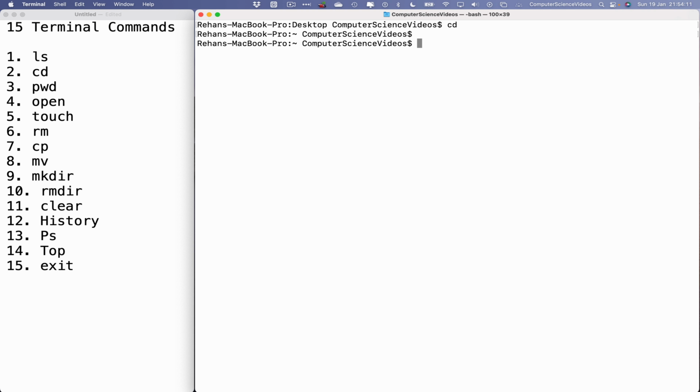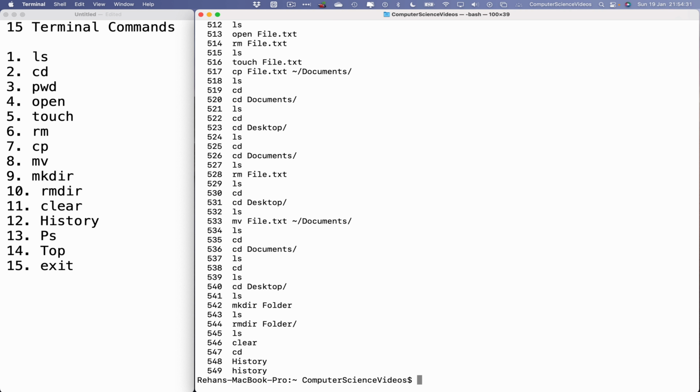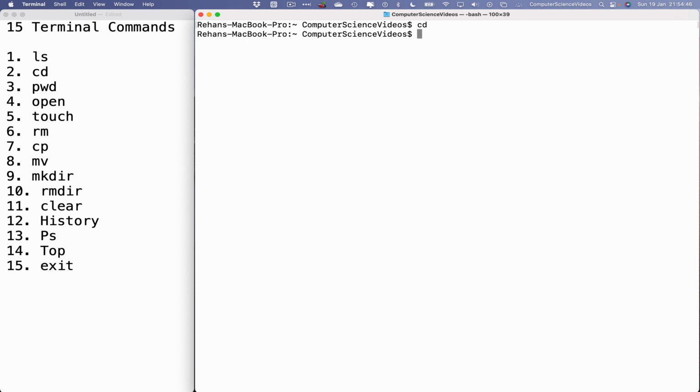If I want to look at the last 500 commands that were typed into the terminal command prompt, there is a command for that. History, and there we go. Correction, the last 549 terminal commands on screen. Let's clear the screen, change directory. Let's move on to command number 13,